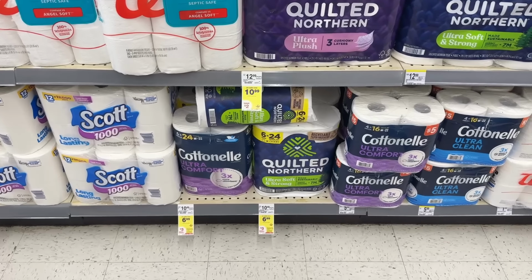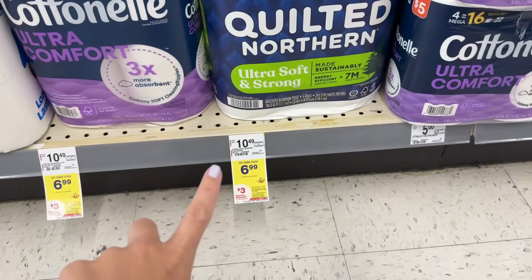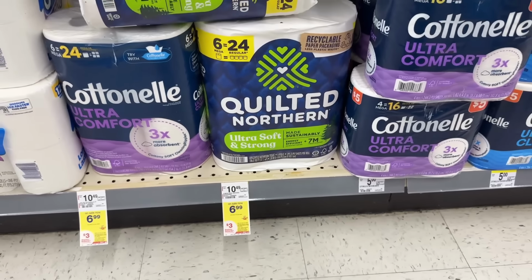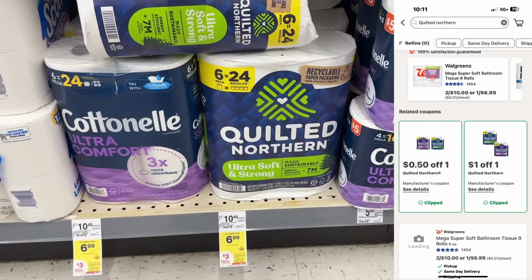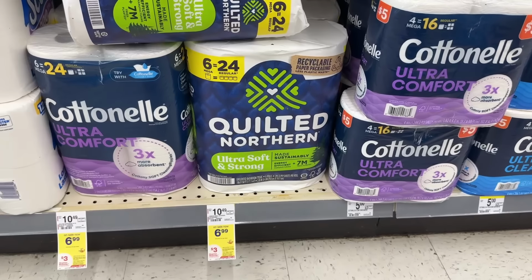If you like Quilted Northern, here's an amazing deal that you can do this week. They're on sale for $6.99. Buy two, get a $3 register reward. I have a $1 off one and a 50-cent off one digital coupon on my account. So you would grab two. That's going to bring you to